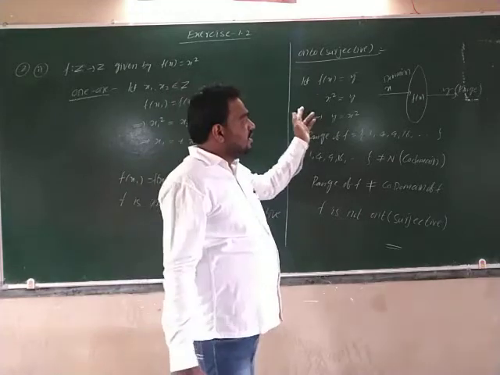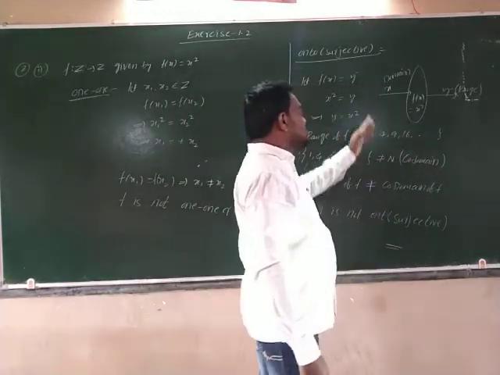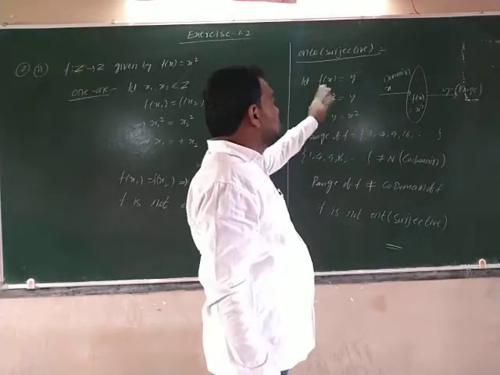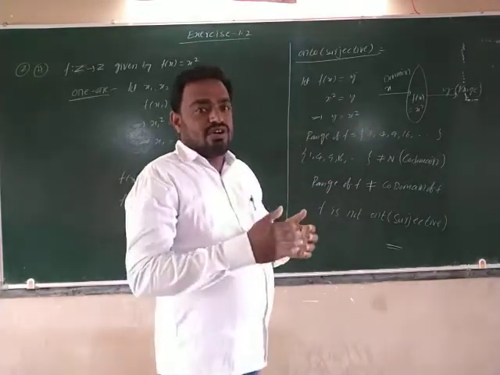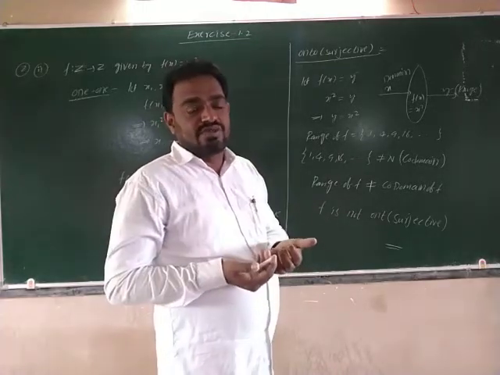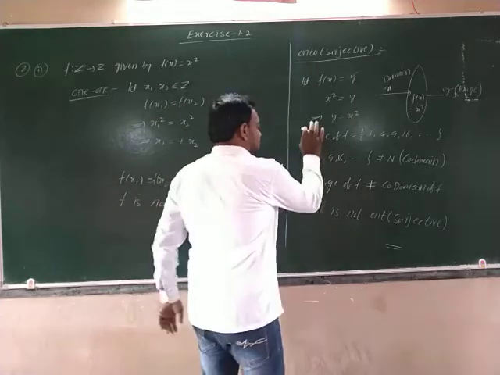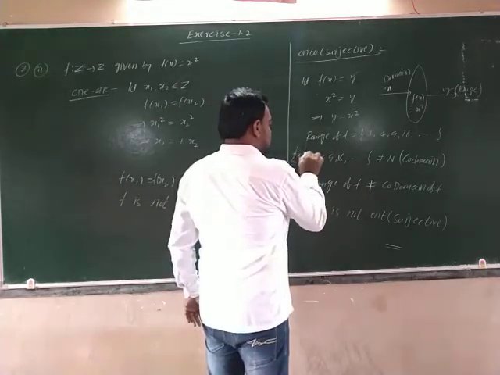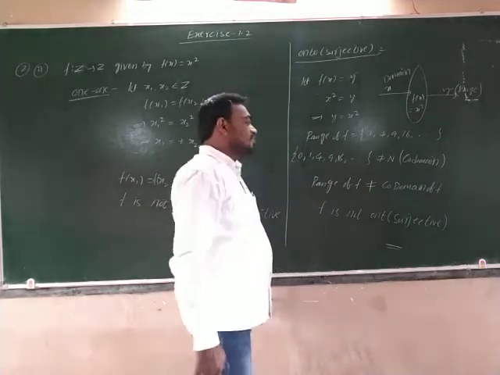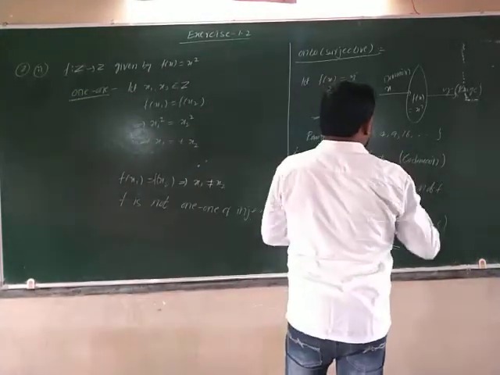See here, what is the function? F of x is equal to x square. What you are substituting, the integers you are substituting. So what we are getting as output, squares of the integers. What are the squares of the integers? 0 also you are getting. So 0 square, 0. 0, 1, 4, 9, 16 and so on. This is not equal to Z.